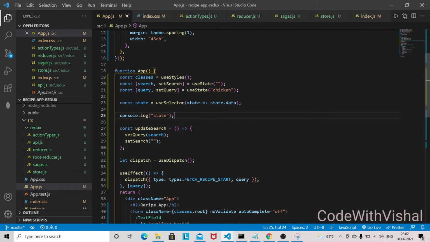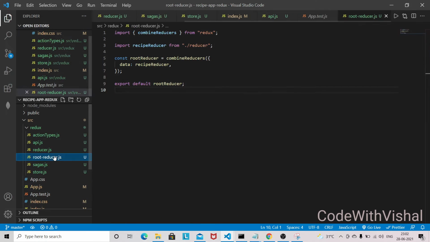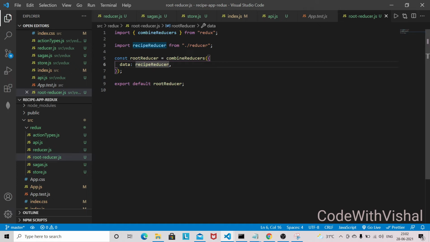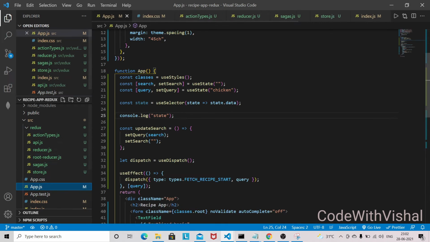Our reducer is registered with the data key here. If you look at the root reducer, our recipe reducer is registered with the data key. That's why I have given state dot data. Now console dot log the state.